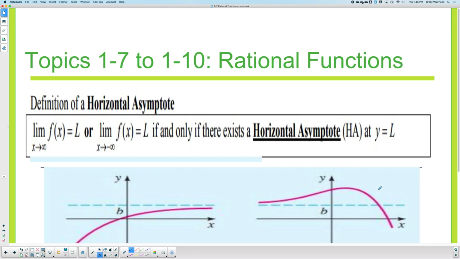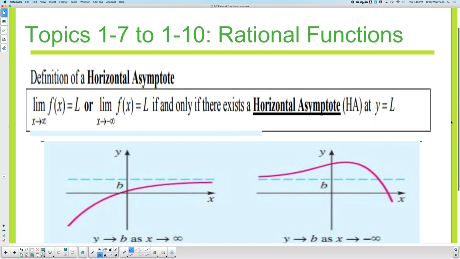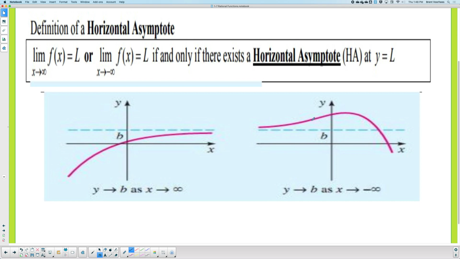Next slide, there can also be horizontal. Now, horizontal is if you are going to the far left or far right, if the graph begins to flatten out and approach a constant. In this case, the constant would be b. And so the way a limit would work here